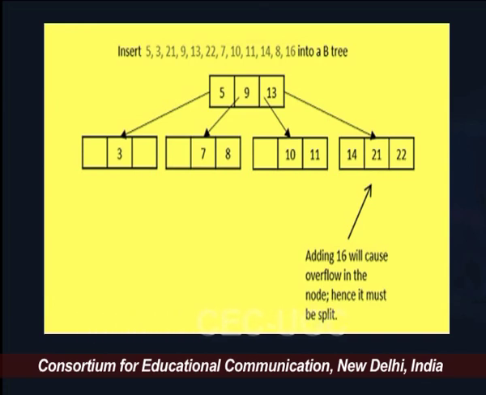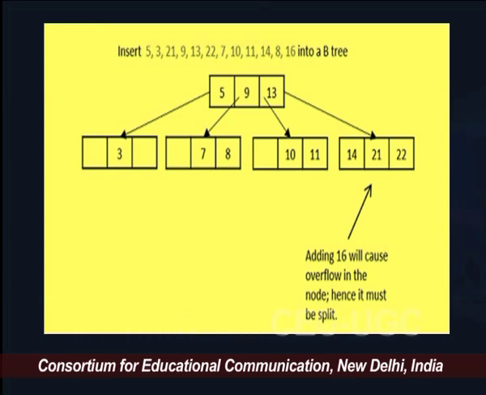So, we have 5, 9, 13 and 16, and this insertion of 16, or promotion of 16 from the bottom level to the up level, is going to split the parent node also. When the parent node is going to be split, the middle element which is 9